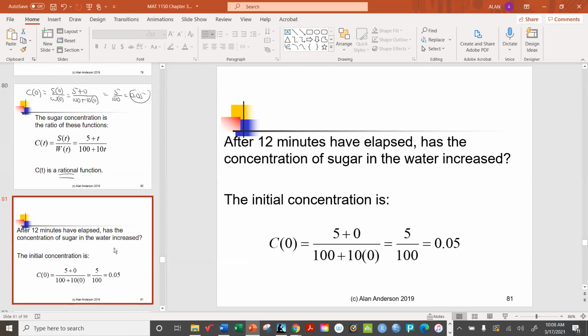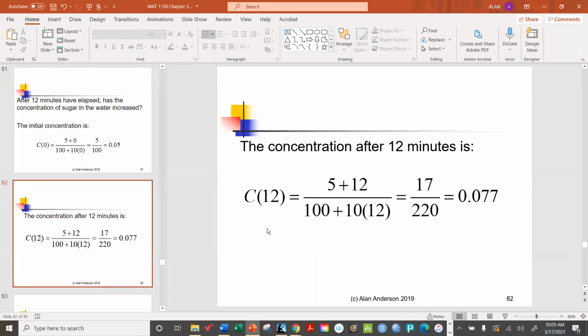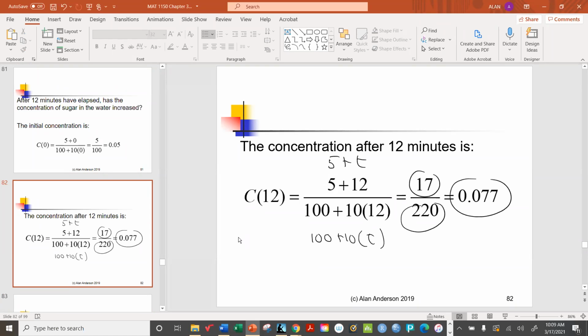So what happens after 12 minutes? What does the concentration look like? We're going to replace all those T's with 12. So instead of zeros, these T's will become 12s. Remember, this function was originally 5 plus T, and this one is 100 plus 10 times T. So by replacing all the T's with 12, we have 17 over 220. Whereas C of 0 was 0.05, after 12 minutes it's 0.077,